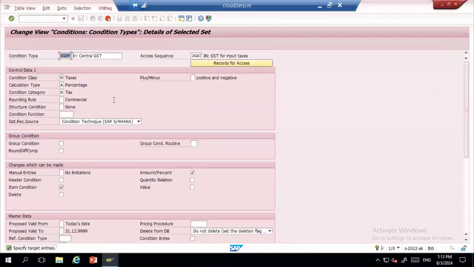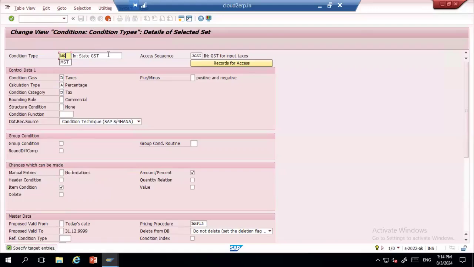So I'll name this as MCGST. Let me name it. And MSGST. Yeah, I think I made a mistake.